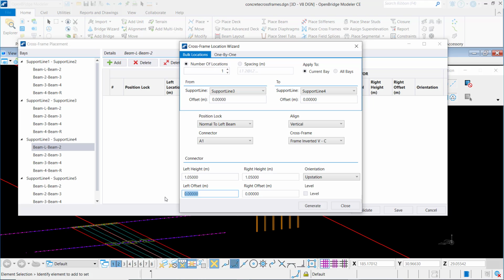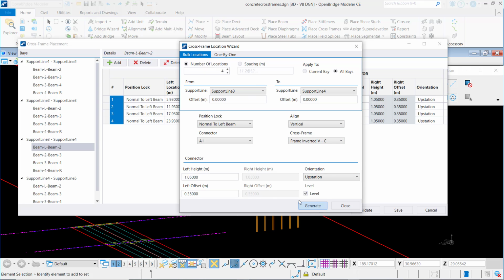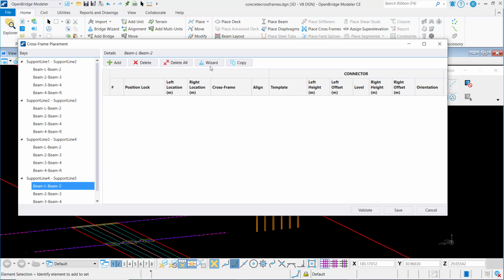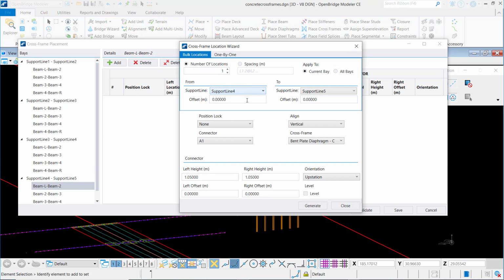So placing these same 4 cross frames all along the bay for all bays on the third span, and we arrive at the last span, where we will define again the same parameters with the result. So choosing 1 meter from support line 4, minus 1 meter for support line 5,